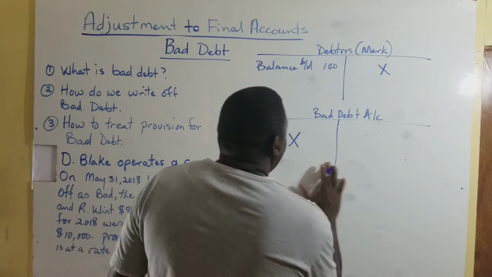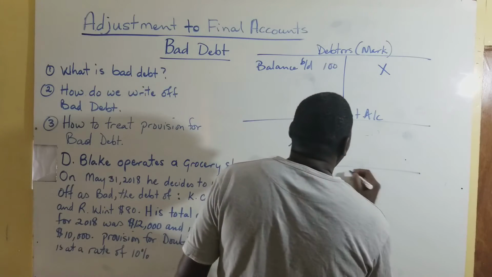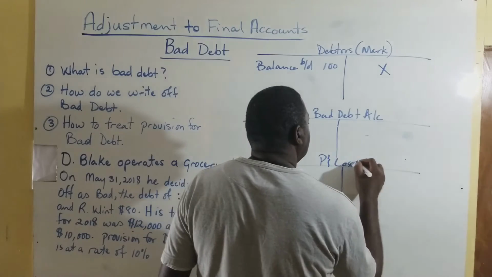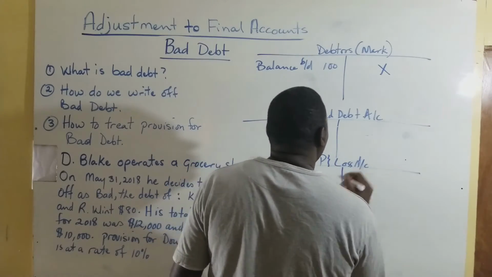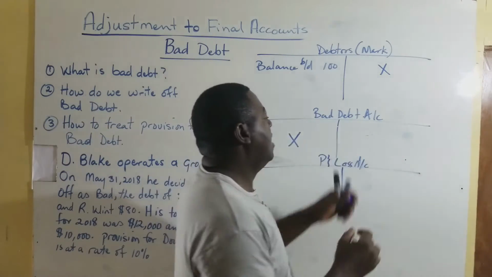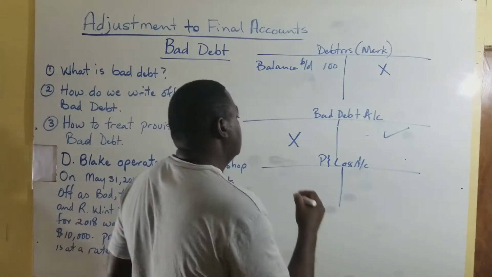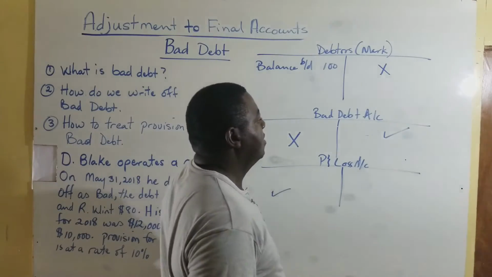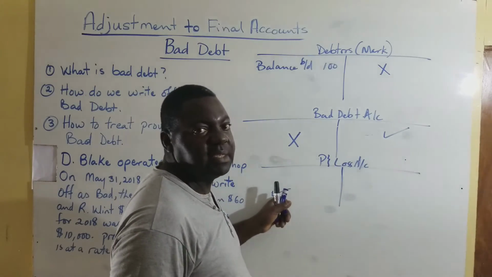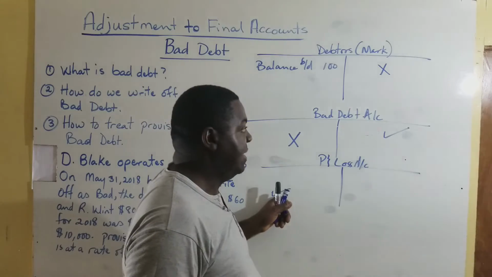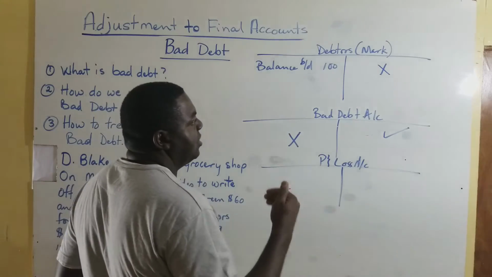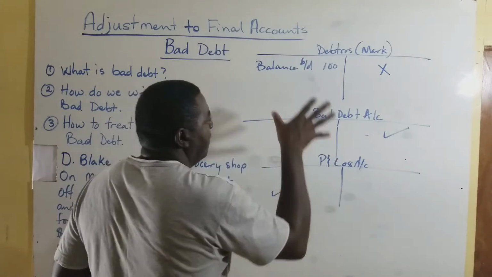All right? Now at the end of the financial year, when we're going to charge it to our profit and loss account, or our income statement, we're going to move the bad debt from the bad debt account and put it in the profit and loss. So the action is to credit the bad debt account and debit the profit and loss, charging it in the profit and loss as an expense. That is the process of writing off bad debt in the form of a double entry.